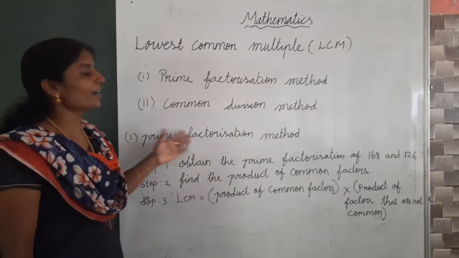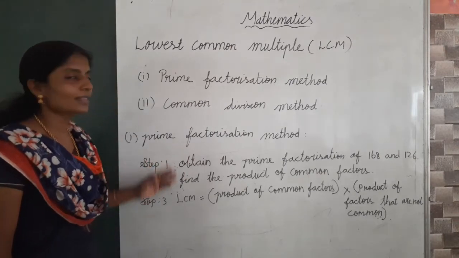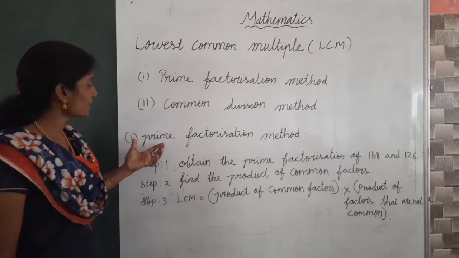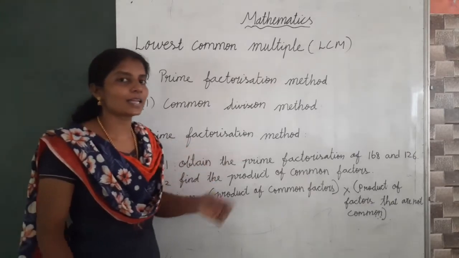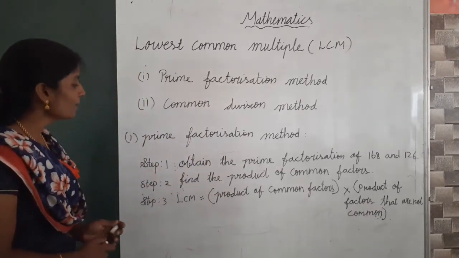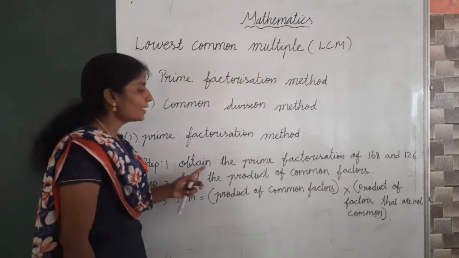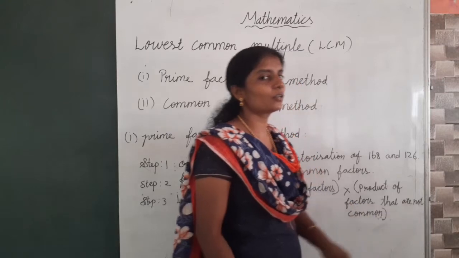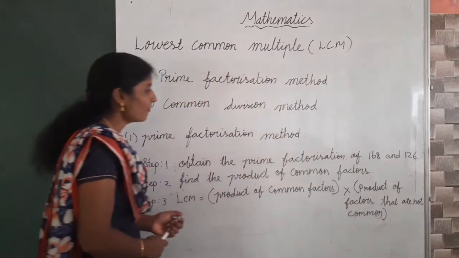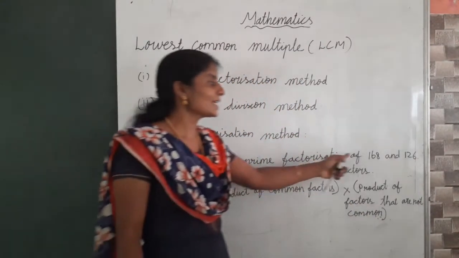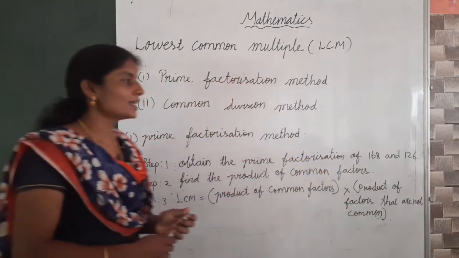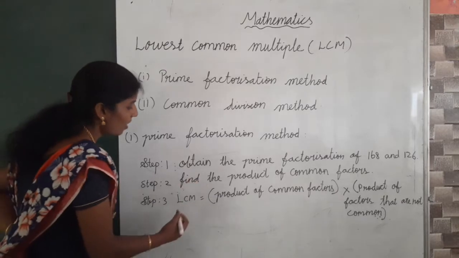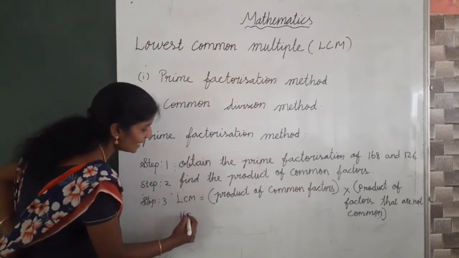Now what is the prime factorization method? We have three steps for finding the LCM. First method, prime factorization method. Listen here. Step 1. Obtain the prime factorization of 168 and 126. Now we can find the LCM of 168 and 126. First we want to find the prime factors of 168 and